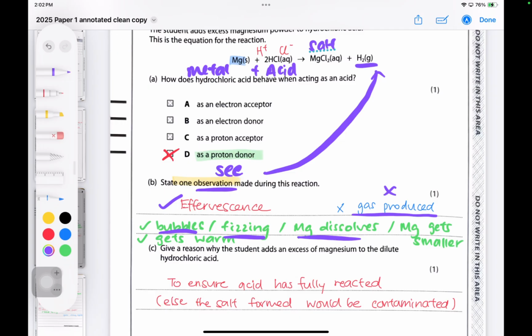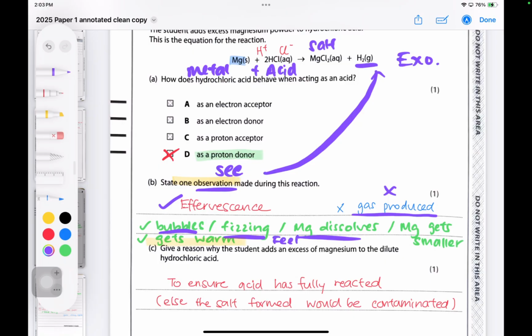Now, one thing I find really interesting is that this year, so much changes, right? They accept the idea of something getting warmer. Now, this reaction is essentially an exothermic reaction. That means it gives out heat. So one of the observations you actually get is the reaction gets warmer. However, this is one thing that I've noticed in the past year, they don't accept things that have to do with feel,